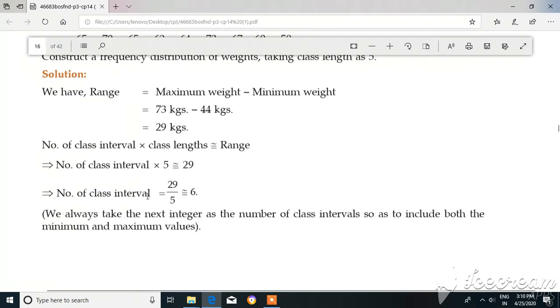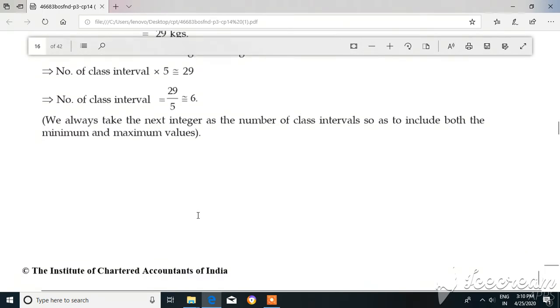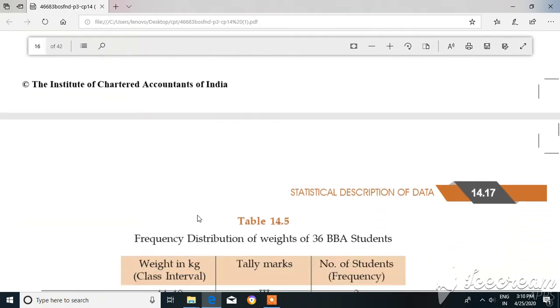Now how do I find my number of class intervals? The number of classes times the class length gives me the range. So the number of class intervals into 5 is equivalent to 29, because 29 is our range. So there should be 6 class intervals, right. So here we considered those 6 class